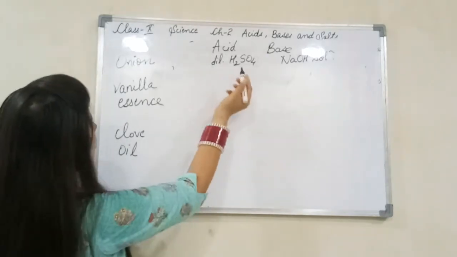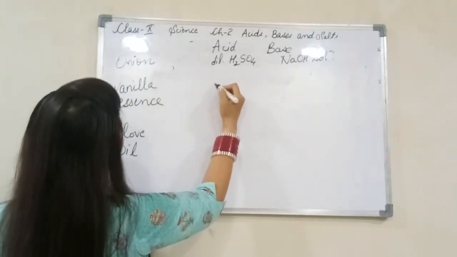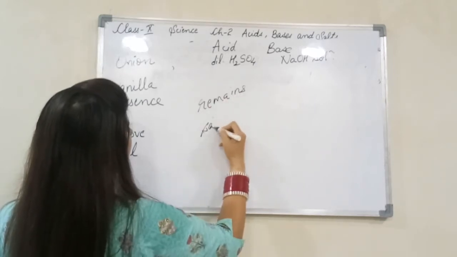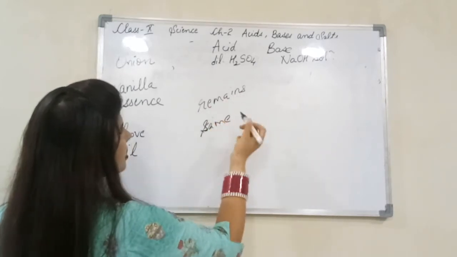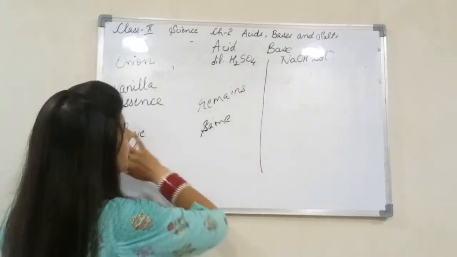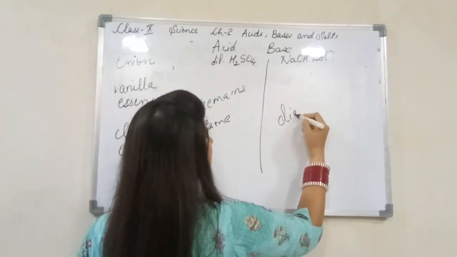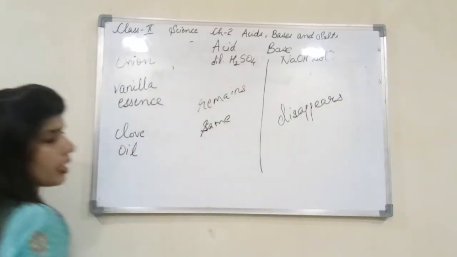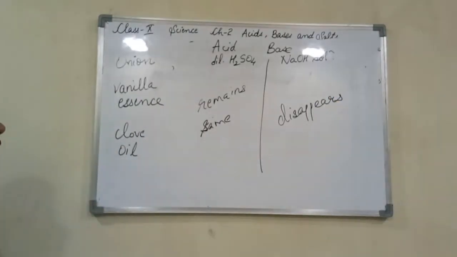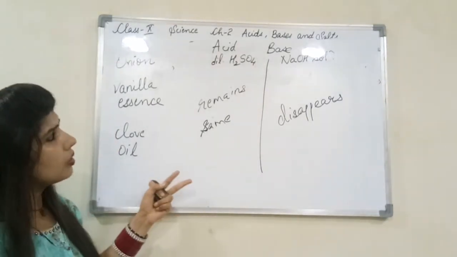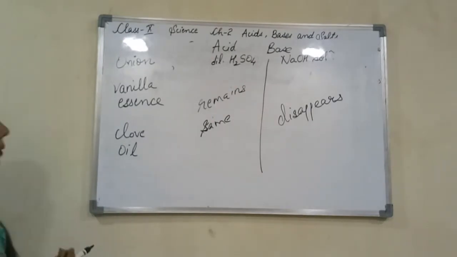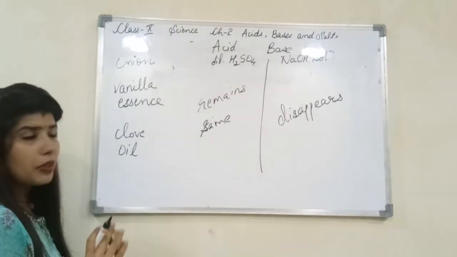Okay, in case of acids what happen, remains same. In case of olfactory indicators, ये acid की presence में इनकी smell नहीं जाती है, but over here it disappears. Onion की थोड़ी थोड़ी रह जाती है, rest it disappears. Now what you conclude from this activity, that we are having certain other indicators as well. Through the odor change we can get to know something is acidic or basic. Okay, so you are done with this activity as well.